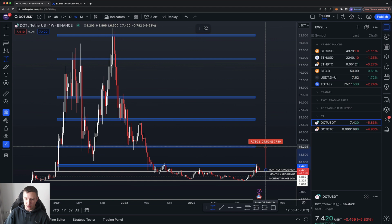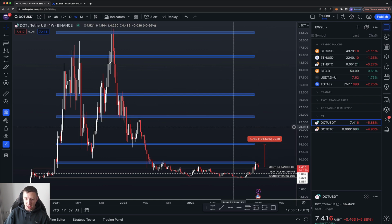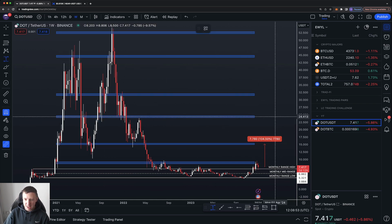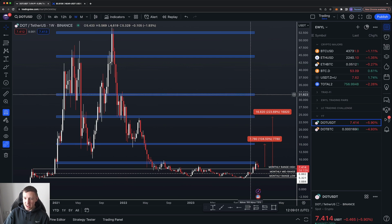So let's go up to the next one. You're still looking at 100% return at this TP area here at $15, of course, double $7.50 is $15. Next TP up here at around $24, you are looking at a 225% return. This level up here at $31, really strong level of previous support and resistance, as you can see